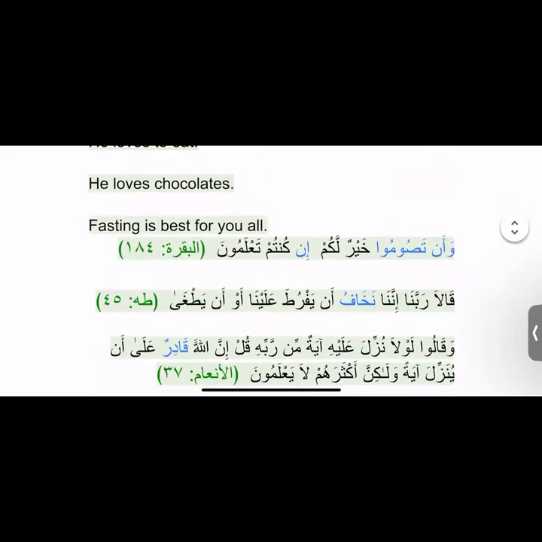So when I say again, an tasumu khairul lakum, an tasumu is taking the place of what, my dear sisters? And you see the translation. So it is taking the place of mubtada. So the status of this combination is what? Mubtada is always what in status? It is always raf in status, right? So keeping that in mind, my dear sisters, attempt your answers, okay?